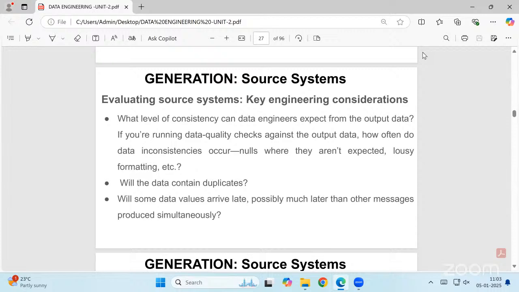So, will the data contain duplicate values? Will some data arrive late, possibly much later than the message produced simultaneously? This is called data transmission speed, synchronous and asynchronous. For example, if you are copying content from a laptop to a pen drive, there is a data transmission speed. You will see a green bar moving, and you'll have 30 Mbps, 40 Mbps, and the speed will allow. Data transmission speed, we say. If you are copying 10